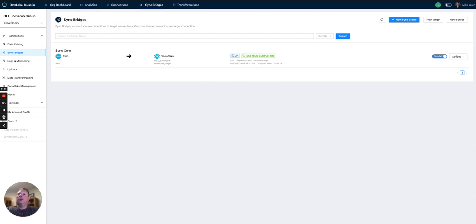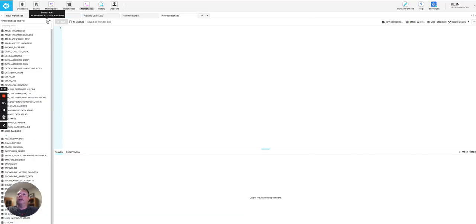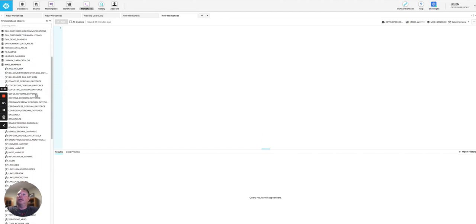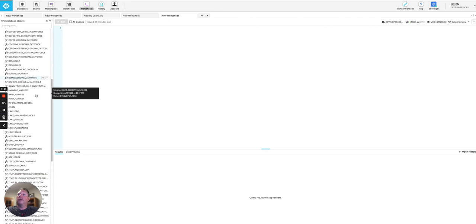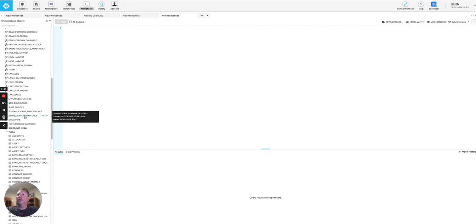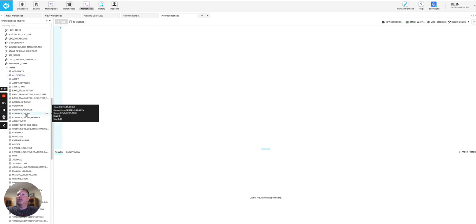Now we can go look within our Data Lakehouse environment, and we can go look for the schema that we had created. So here's our schema, and now within Snowflake, we're able to query the data with any standard query within